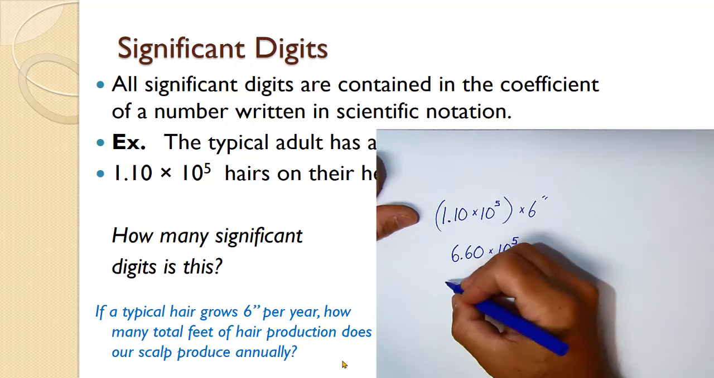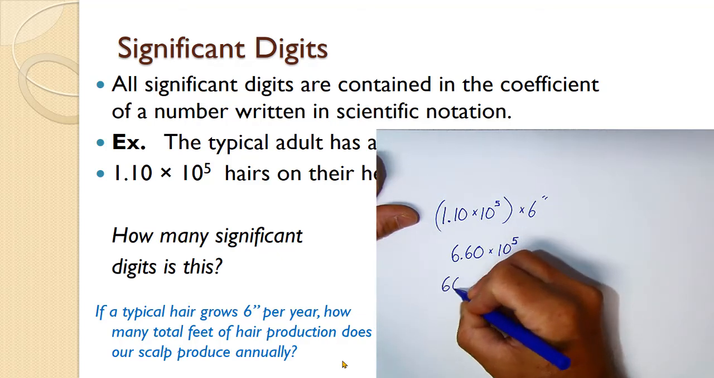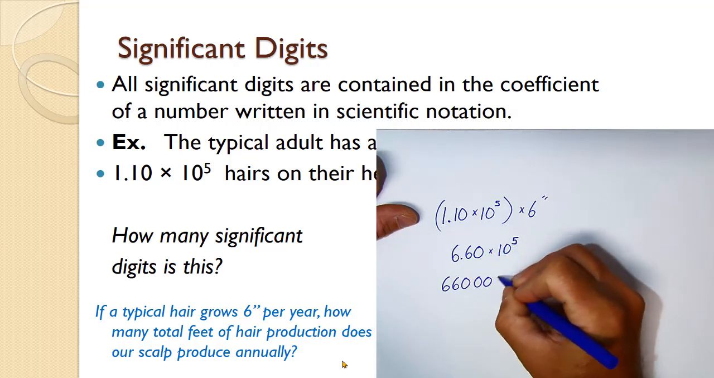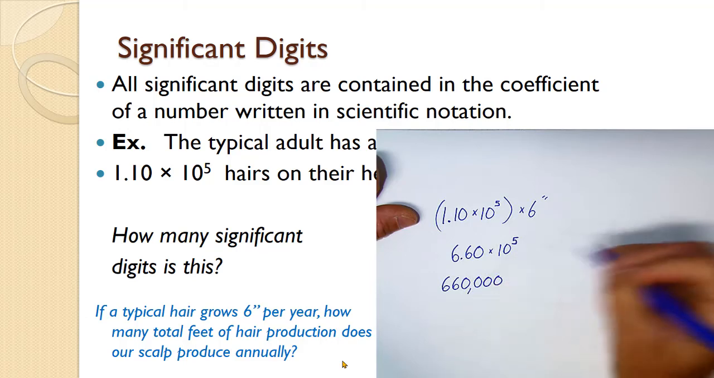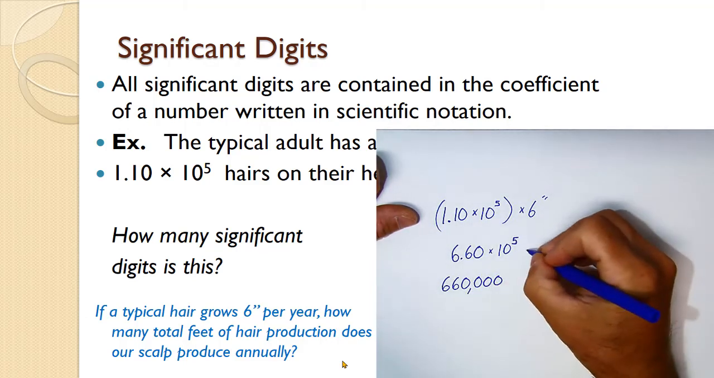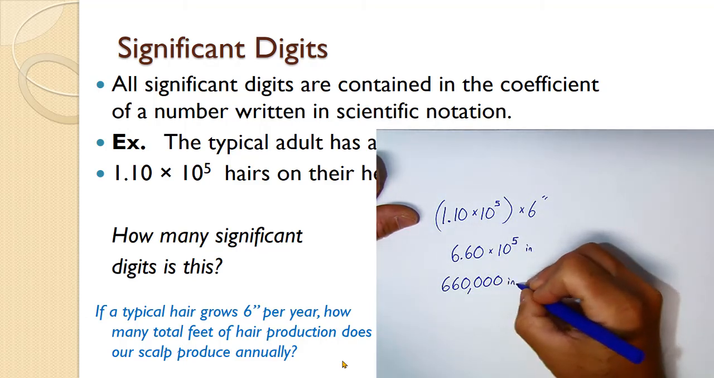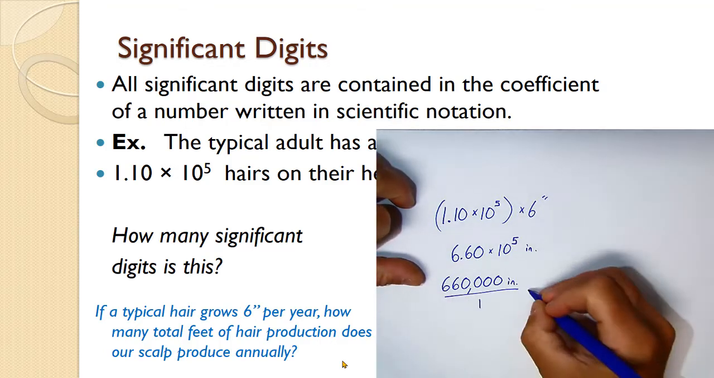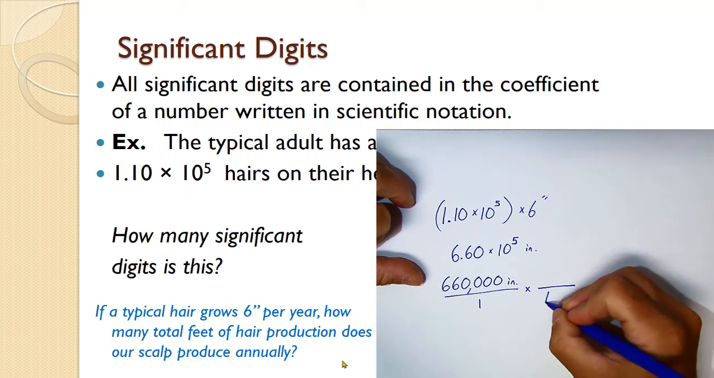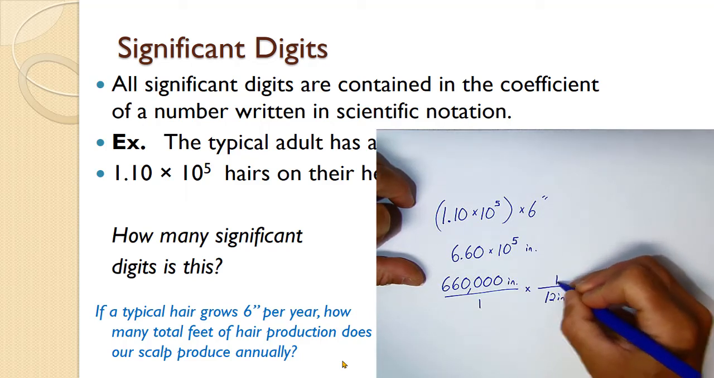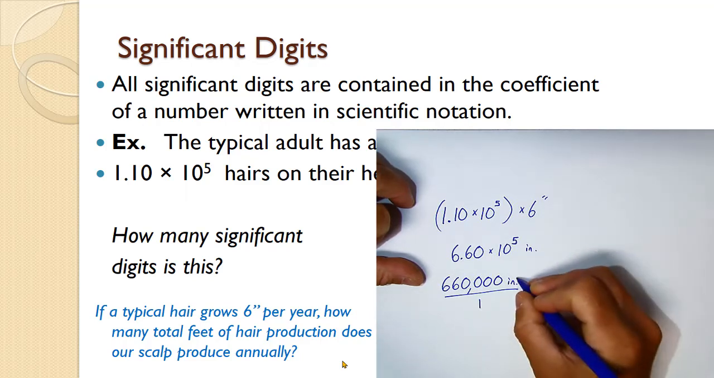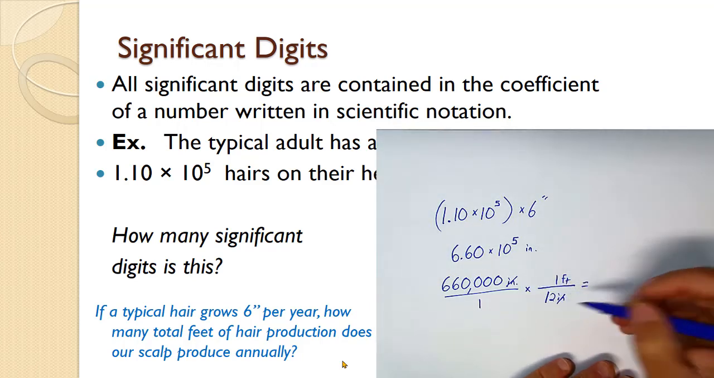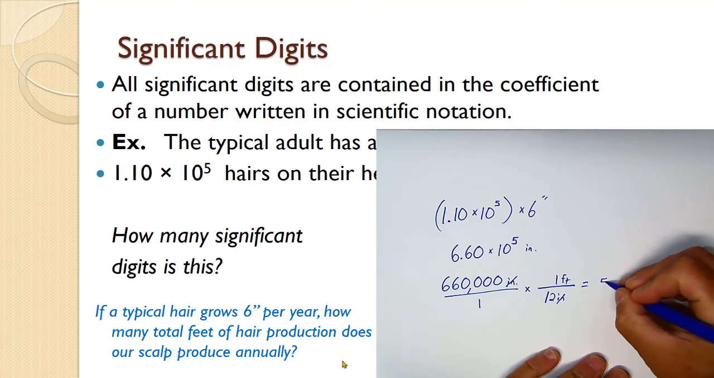If we put that into floating point form, that's going to be 660, and we'll need 3 more zeros on that. So 660,000 inches. Now let's convert that into feet. We'll put that over 1 and use our conversion fact that 12 inches is equal to 1 foot. That'll cancel off our inches. And if you perform that division, 660,000 divided by 12, you end up with